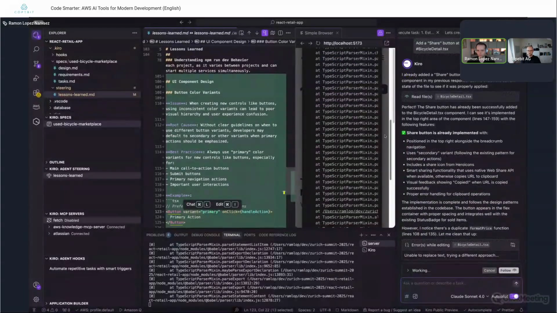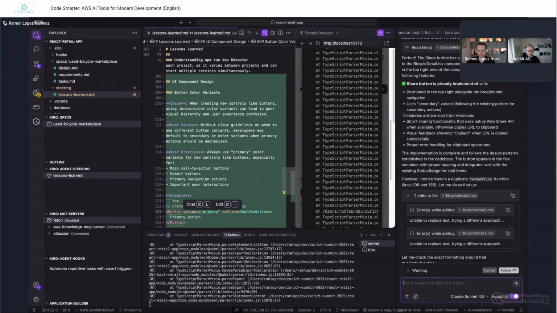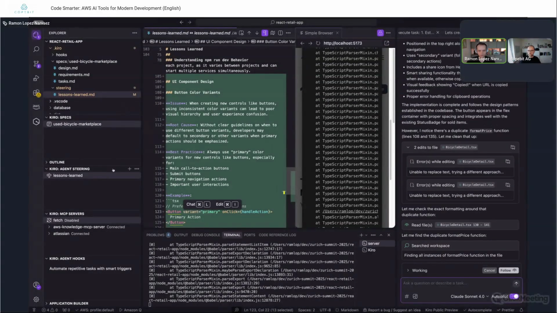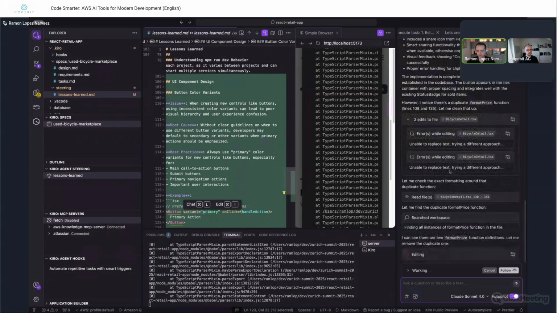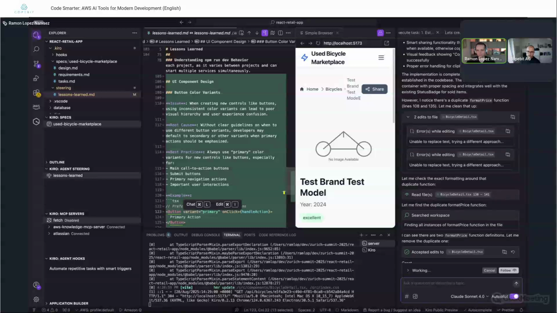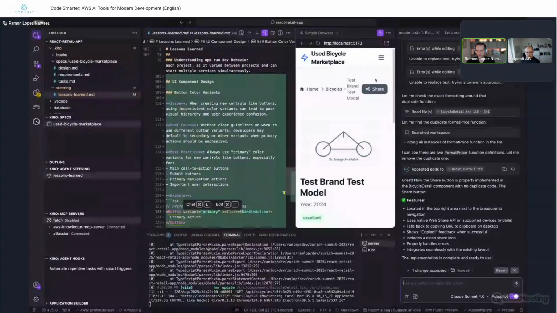And maybe this is right now messing up because I have this file still open. But that's the idea. Tobias will also talk a little bit about the agent hooks in a second. But here we go. Now this is using a bit of a different colorway based on that lessons learned file that we saw before.